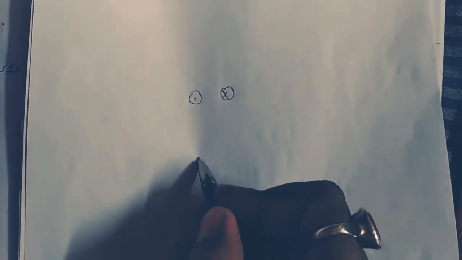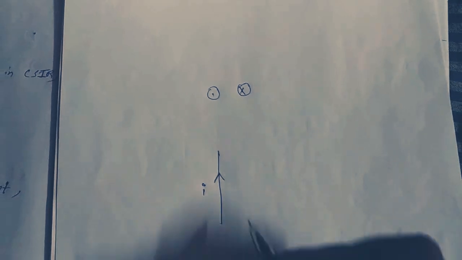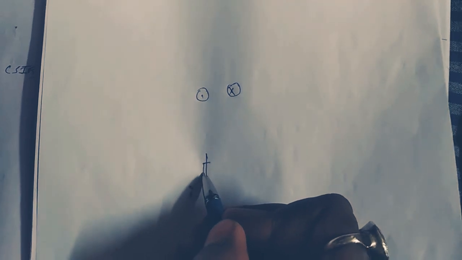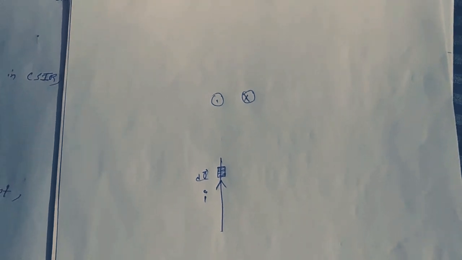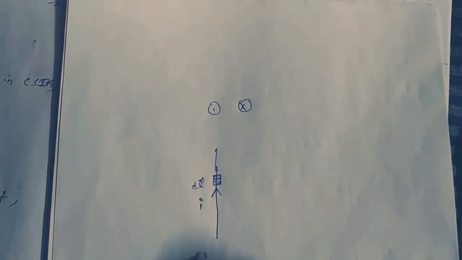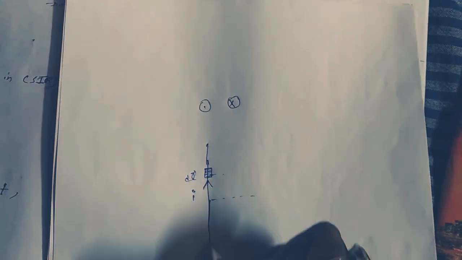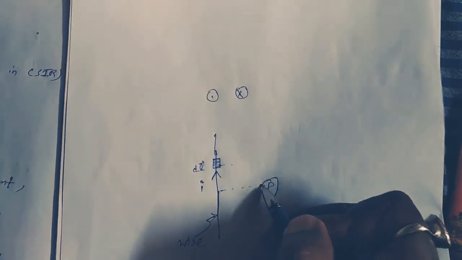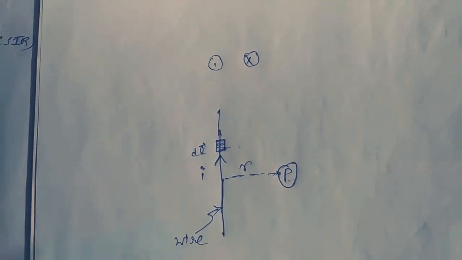First of all, how do you determine the direction of magnetic field? Let us consider a current I flowing along this length. Then, as I have said, you have to take the length element dl along the direction of current. Now what will be the magnetic field from this wire? First you have to determine what will be the direction of magnetic field at this point P.